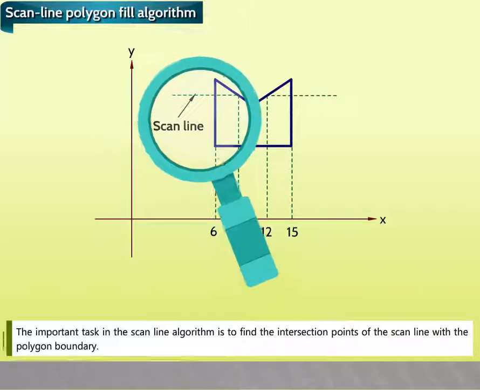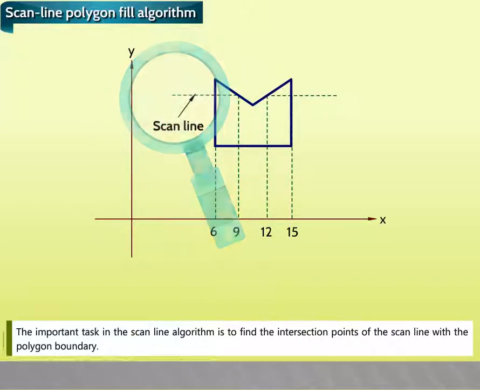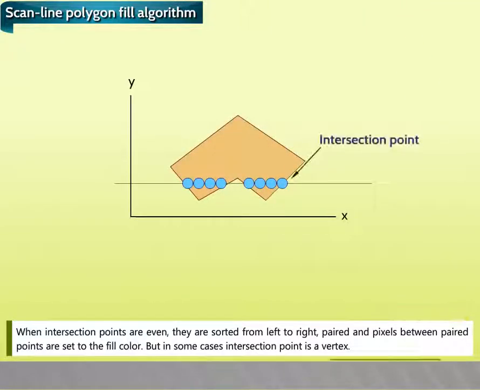The important task in the scanline algorithm is to find the intersection points of the scanline with the polygon boundary. When intersection points are even, they are sorted from left to right, paired, and pixels between paired points are set to the fill color,